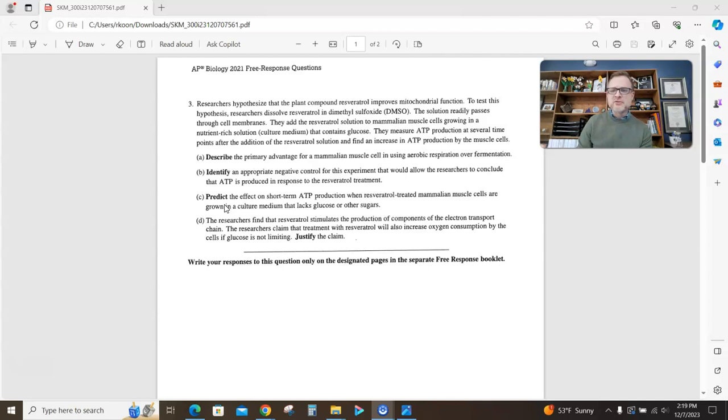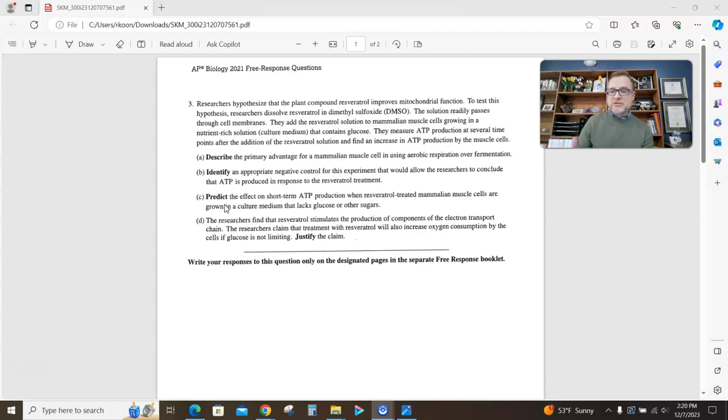In this experiment, your independent variable is the resveratrol. A negative control is a setup where you don't expose your treatment to the variable at all. In medicine, you hear about using a placebo. Someone getting a placebo in a trial isn't getting the medicine. They're just getting like a sugar pill just to see what happens with nothing. So in this case, the negative control would be a treatment where you don't have resveratrol to see what happens.